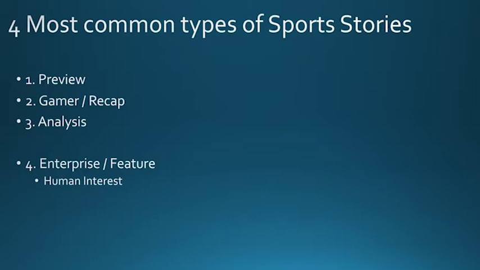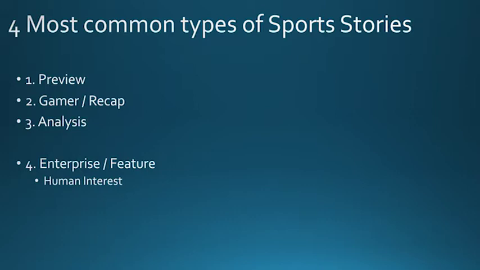The third is an analysis piece, and this is also a post-game type of piece, and in some cases can be turned in right alongside a gamer or a recap, where you're breaking down further the strategic decisions that the coaches or players made throughout the game to help shape the outcome. You might also do an analysis at the end of non-conference play or the start of conference play, or an analysis at the end of conference play looking at postseason, whatever it might be. An analysis piece might come, but again, it's usually tied to actual results and then breaking down why